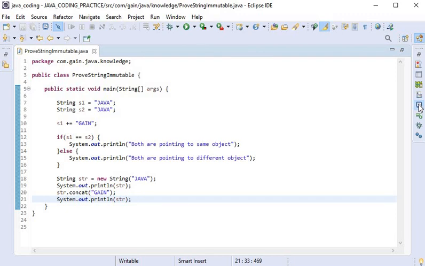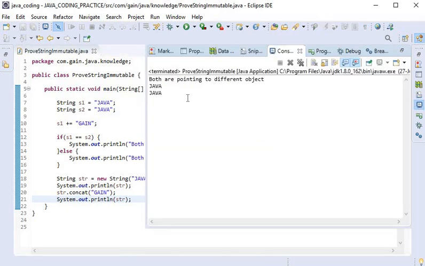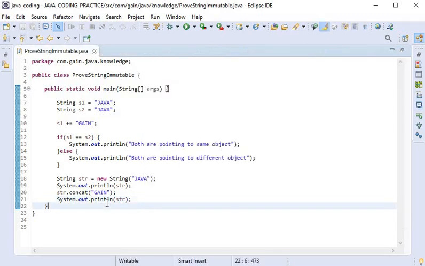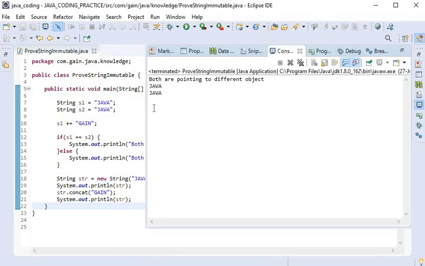Here we can check the output on the console: Java. The object has not been modified, so we can say string is an immutable object, because we created it with the new keyword and tried to update the content, but it is referencing the same object. So we can say string is immutable in Java.